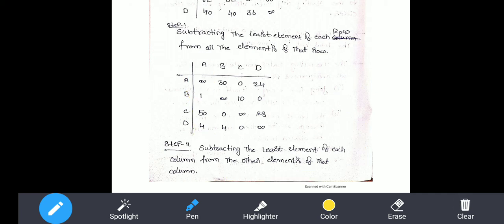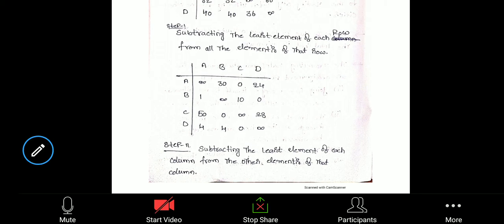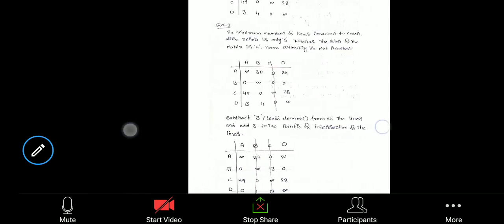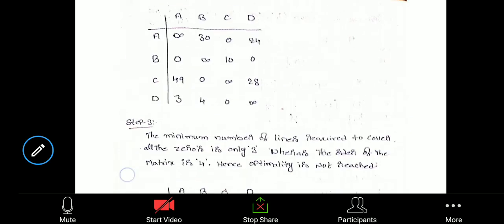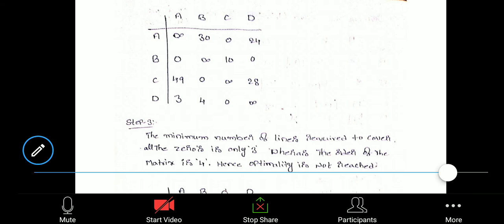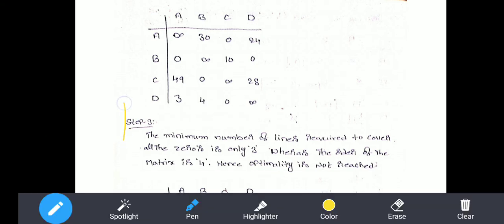In the same way, you can apply the second column also. For this second column, the least will be 0. So as it is, that column will be repeated. In the third column, the least will be 0. The same column will be repeated. In the fourth column also 0 is there. Means the same column will be repeated in the second step also. Only the modified one will be the A column. Now you can observe the tabular column that we got here after completion of the second stage.